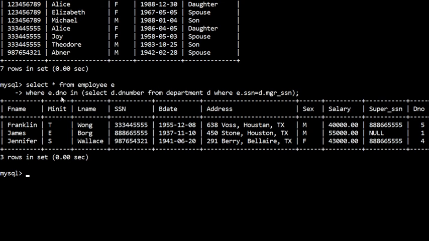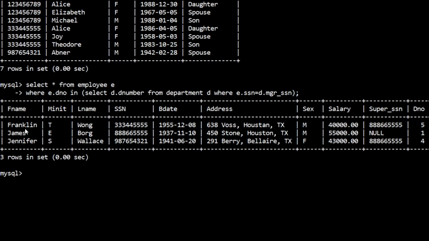And then you are checking whether the employee's department number is there in 1, 4, 5, and the condition should be SSN equal to manager SSN. That means I'm just fetching the information of the manager. Okay, so these three people are the managers. So that's why we're getting the result like this. Only three departments and three managers are there.